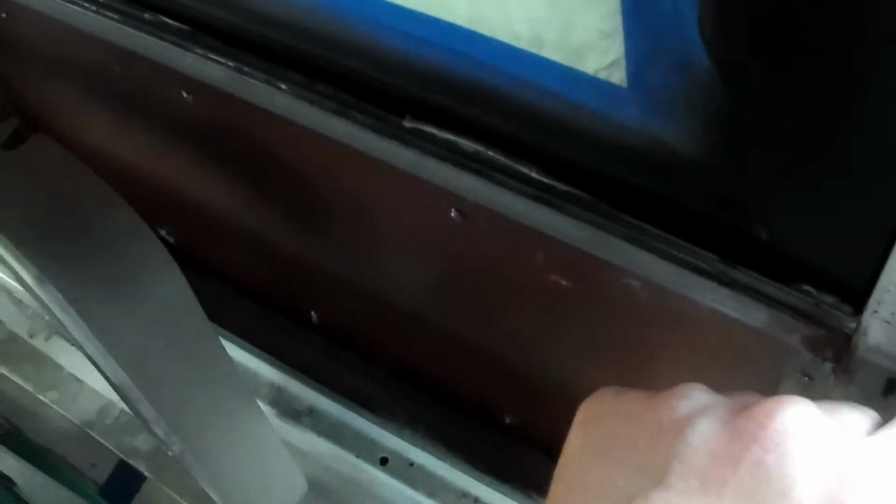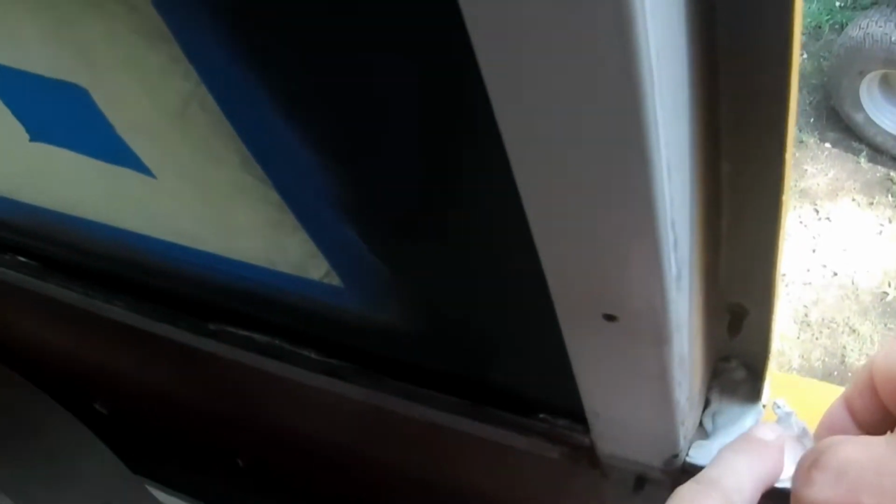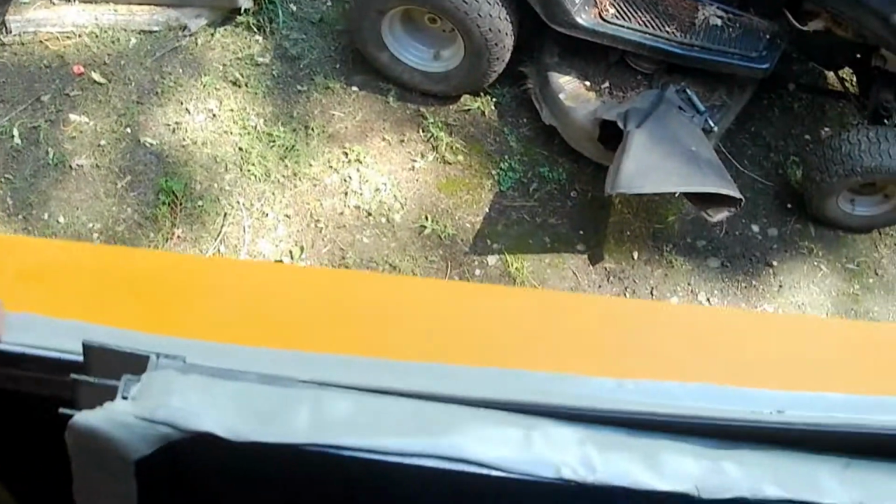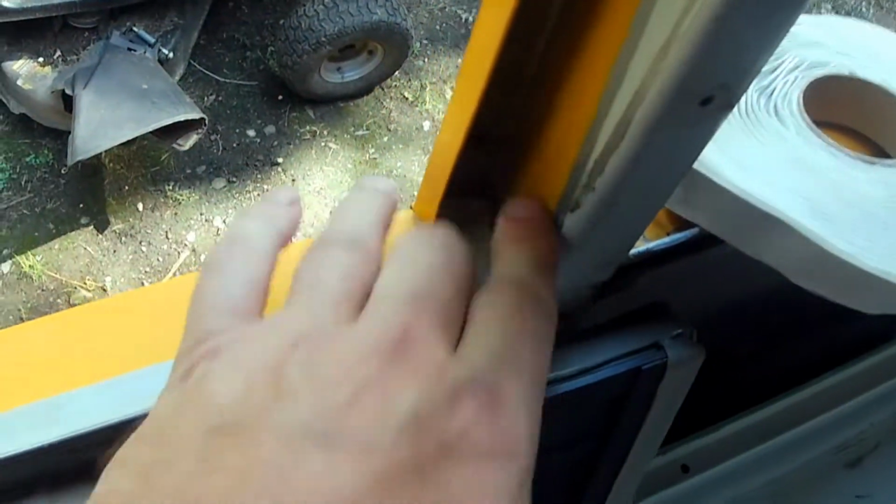Now let's see if we can get this. Trick is to get the paper off of it once you've squashed it down. Dang it. So I just go really fast with it. And then